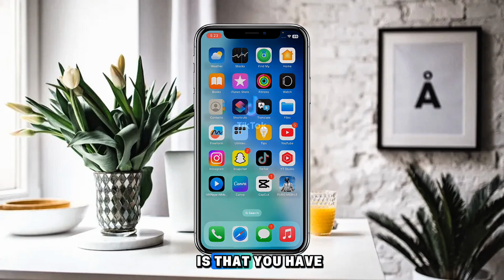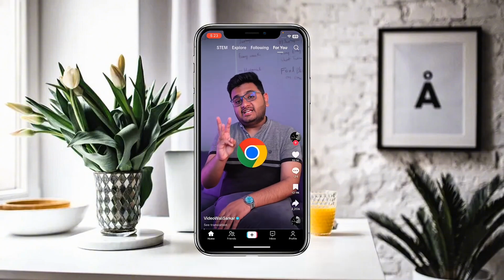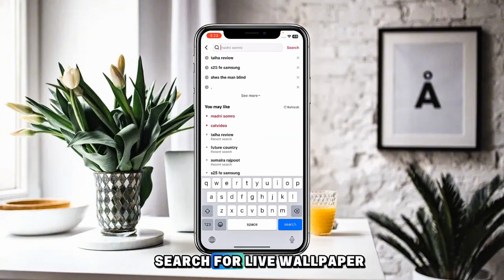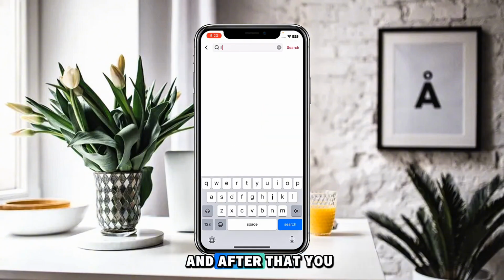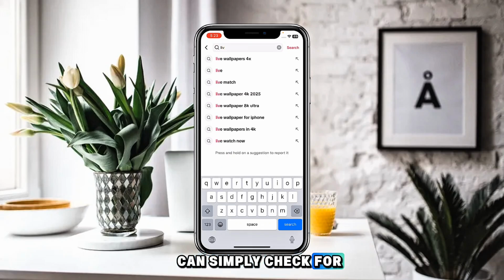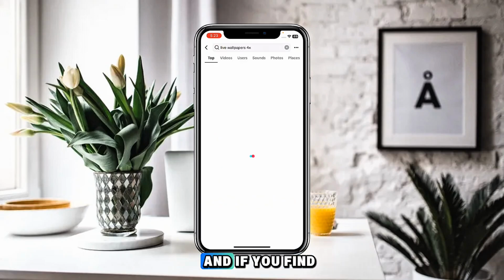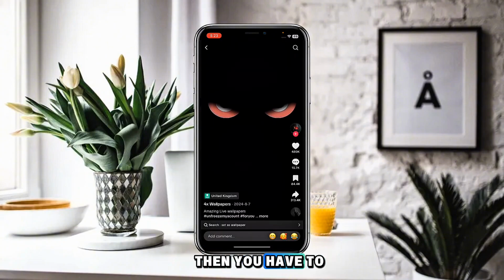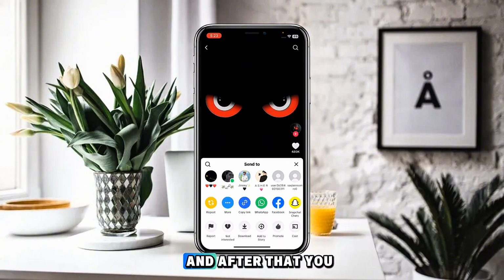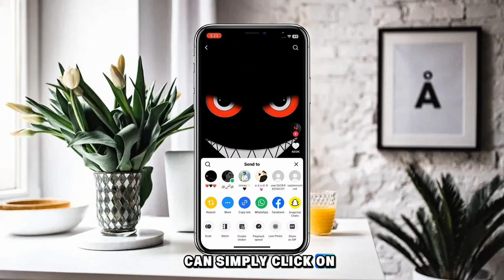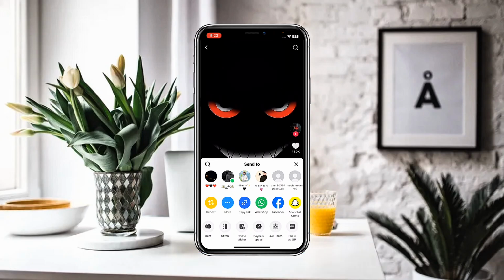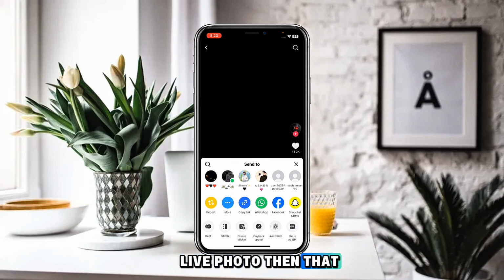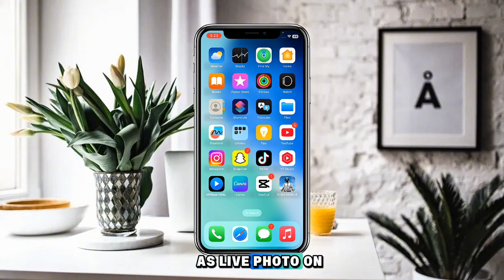So the first method is that you have to simply open the TikTok app, and here you have to simply search for live wallpaper, and after that you can simply check for live wallpaper 4K. And if you find the video which you want to put as a wallpaper, then you have to simply click on that share button, and after that you can simply click on that live photo option. And if you click on that live photo, then that photo will be saved as a live photo on your